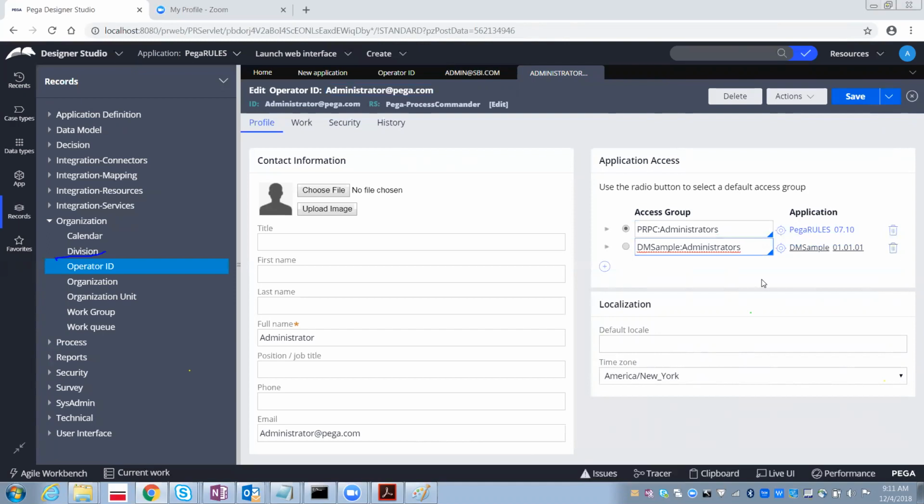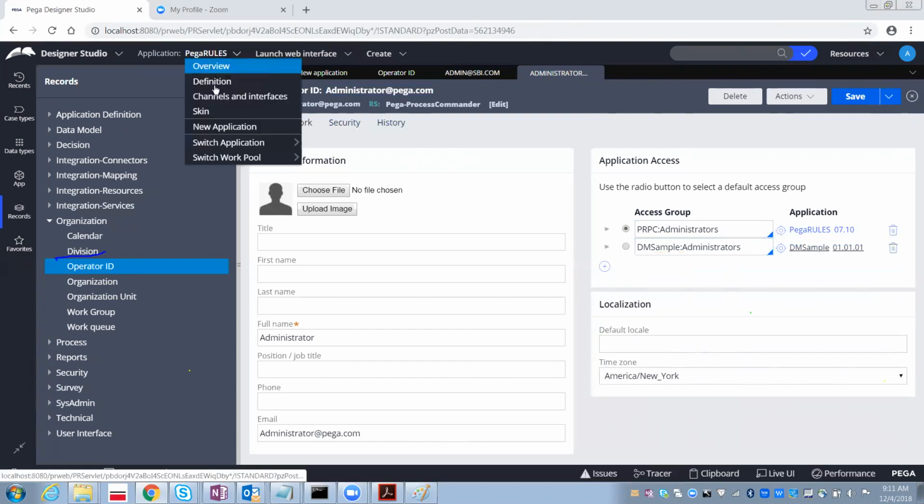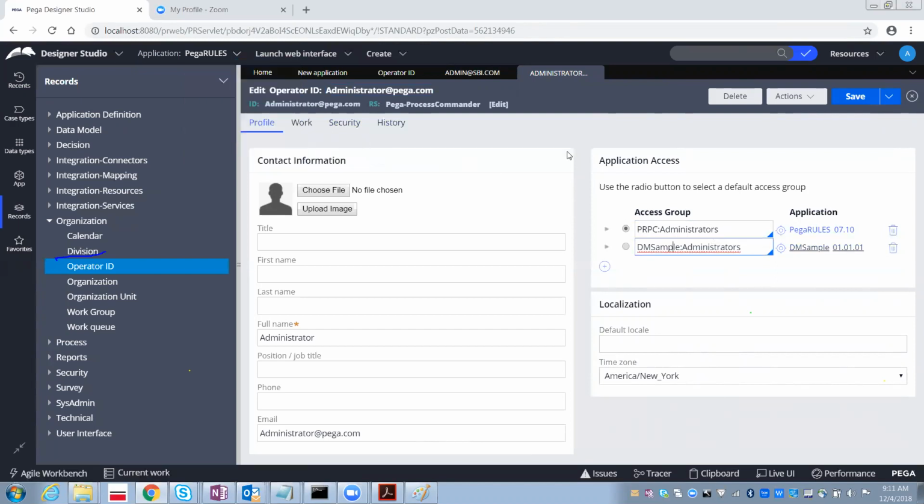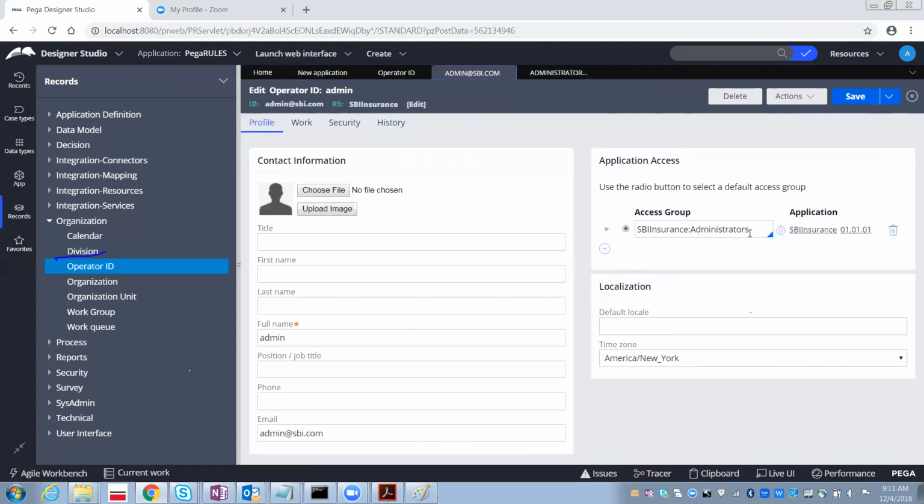That is the reason why administrator at pega.com is able to switch into 2 applications, Pega rules and DM sample. Whereas admin at sbi.com, which we have just created, has access only for the application SBI Insurance, the one which we created just now.